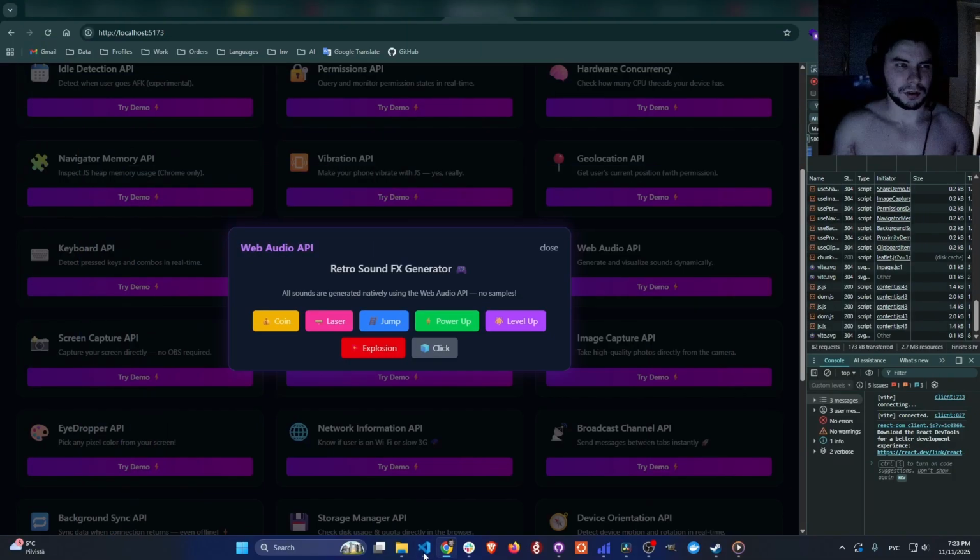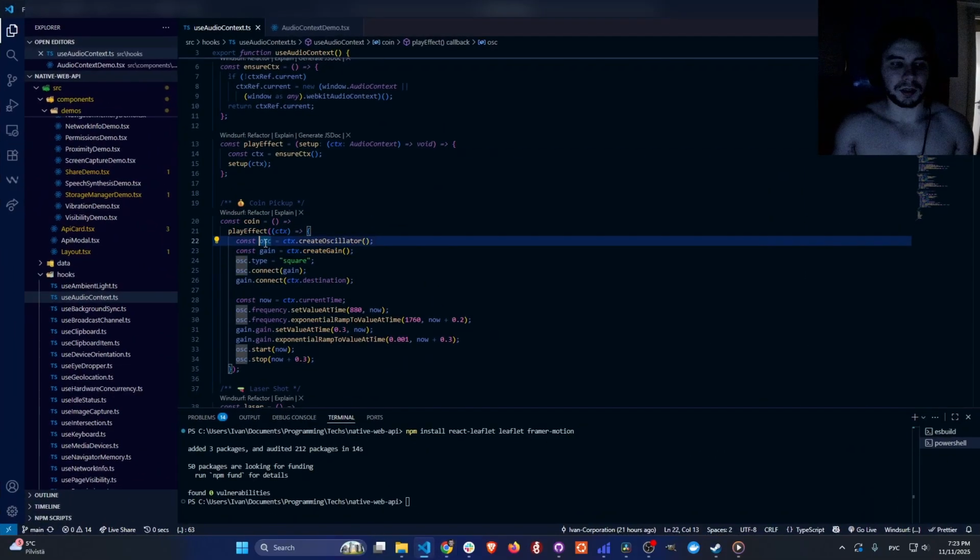If you check, we give the context an oscillator. It's a hard word for me, not a native one. And oscillator means how you hear the sounds, like pitch, etc. Gain,